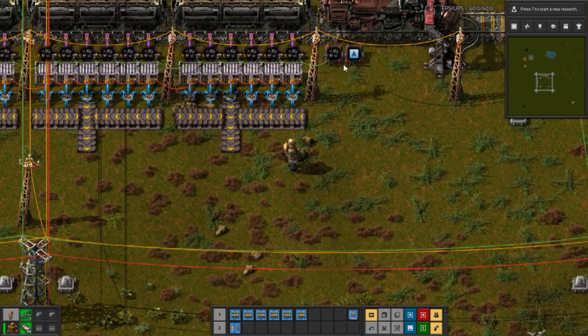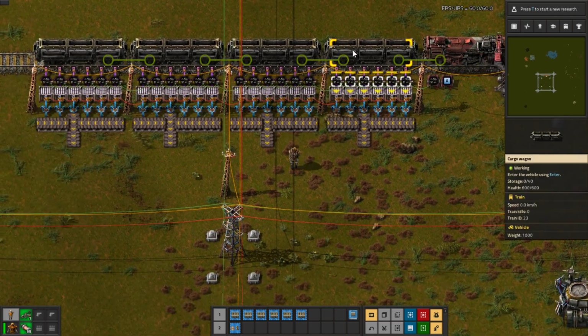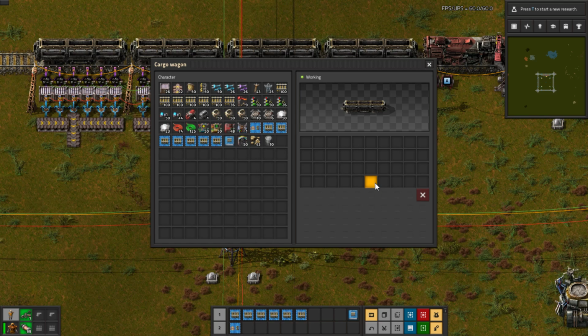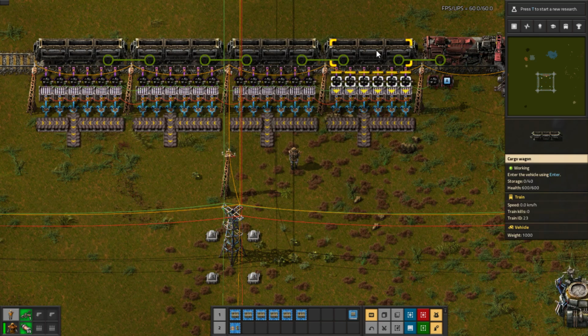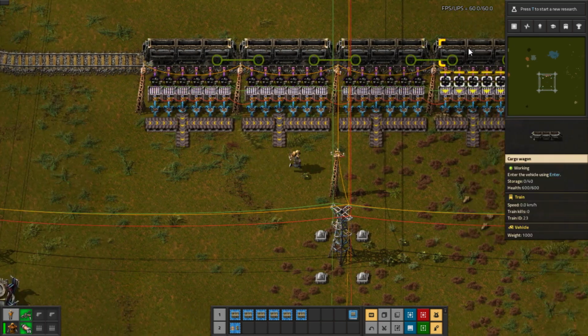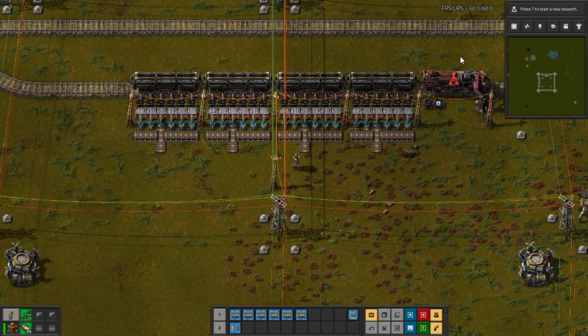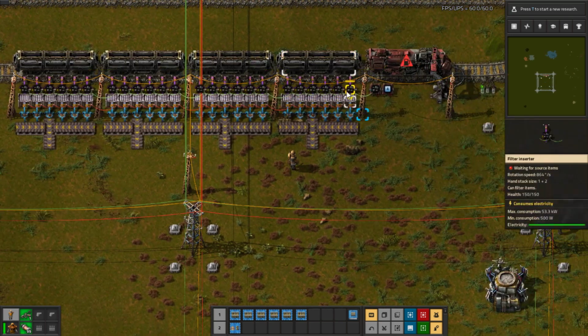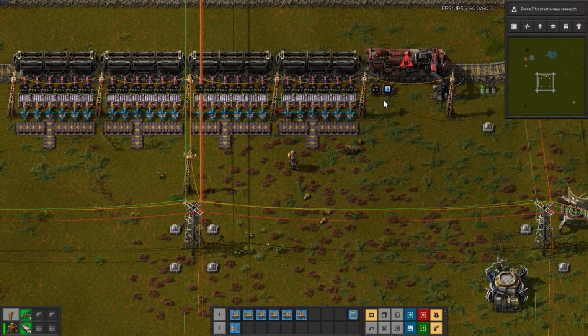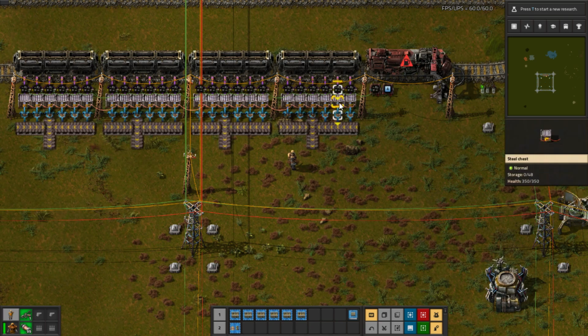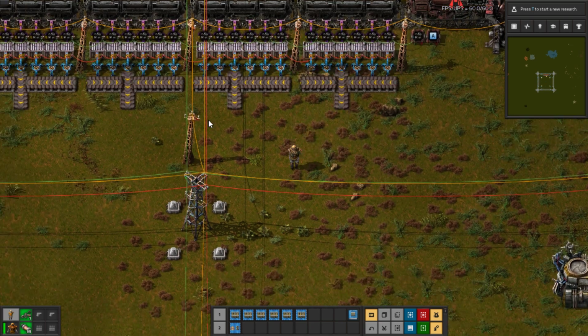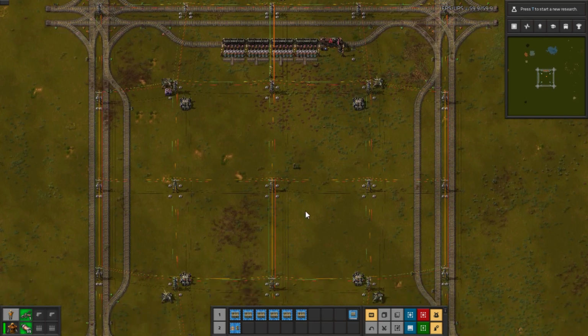Why am I making this 1k? Because this cargo wagon has 40 slots and every single slot holds 50 coal ore, so that is about 2000 in every single wagon. So in total this full train is going to bring 8000 coal ore, and it is going to drop 8000 coal ore over here. And once that goes down to like 7000, 6000 by using it in this other area,